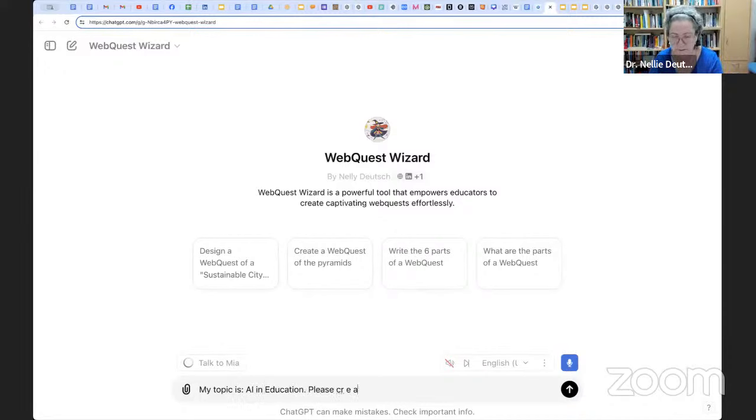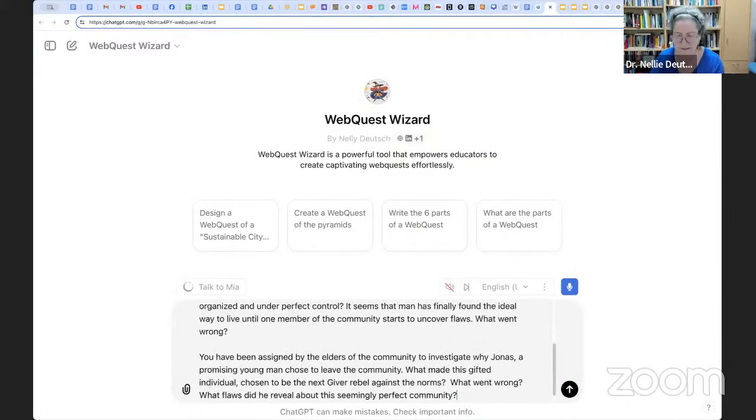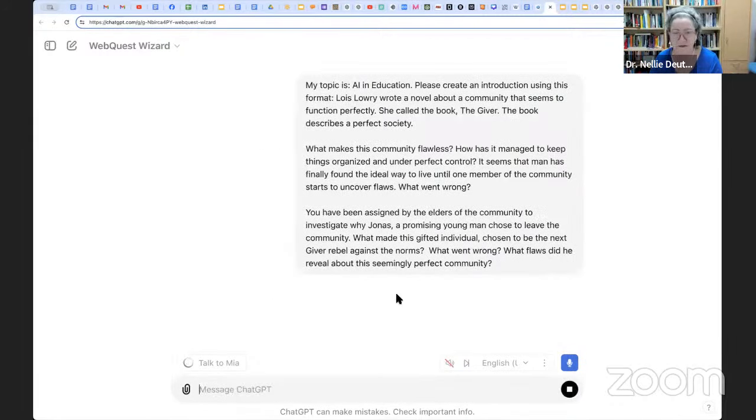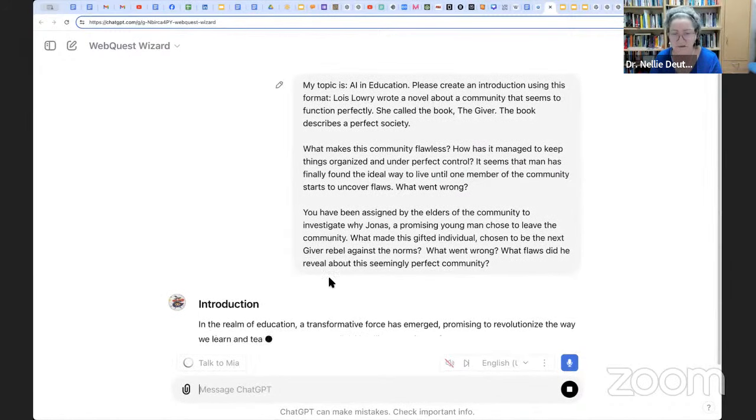Please create an introduction using this format. Okay, so I paste the format and then hit the arrow, and then, okay, my topic is,